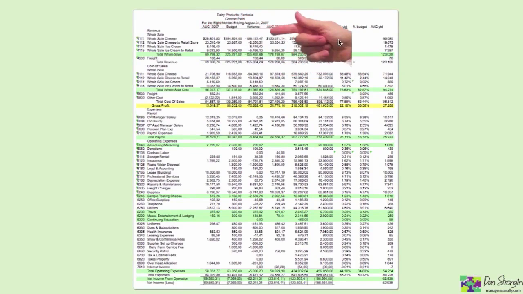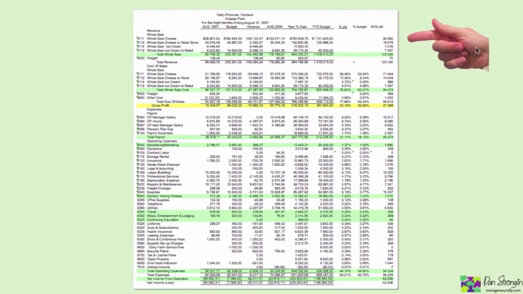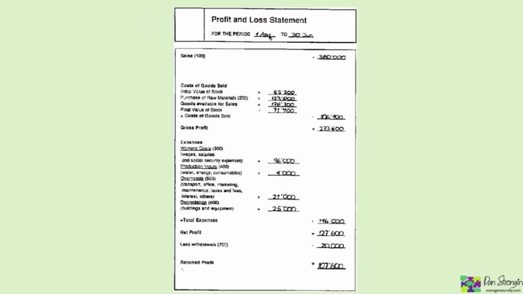I'm sure sitting in an office somewhere trying to figure things out from a sheet of paper, this made a lot of sense to them. But I just want to make clear, this is not required by the generally accepted accounting practices. All that's required is in, out, and what's left, basically. This is an example of really torturing a very simple, elegant report to try to get information out of it. That may or may not be successful. Again, pointing out that just because a computer can do something doesn't mean it should be done.